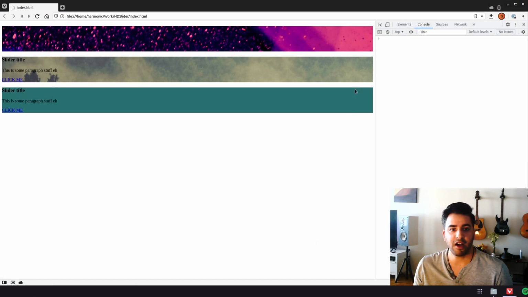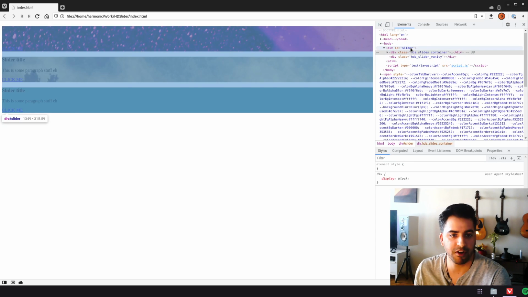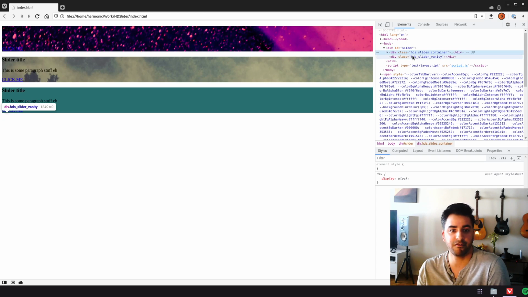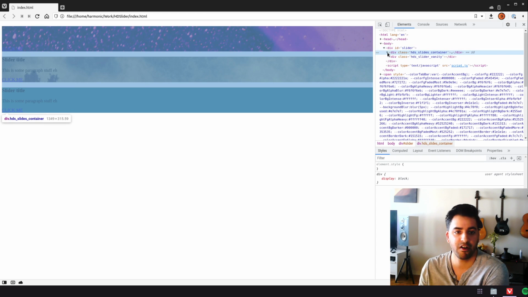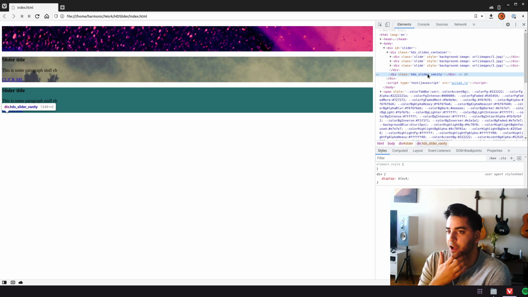Okay, so let's actually take a look at the HTML syntax here. So here's our wrapper slider. Inside there, we have another div with a class name slides container that contains our 3 slides. And we have a slider vanity, which will house our pagination, stuff like that. All right, cool. So now that we got this done, I think it's time for us to start doing some